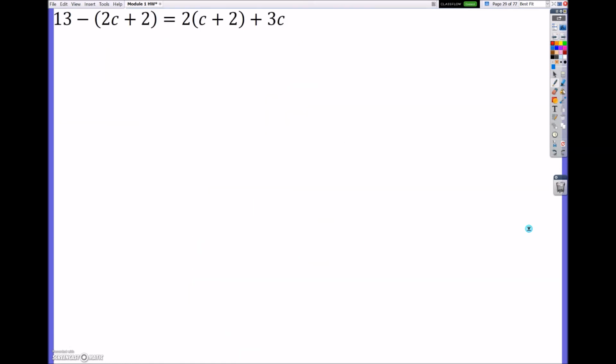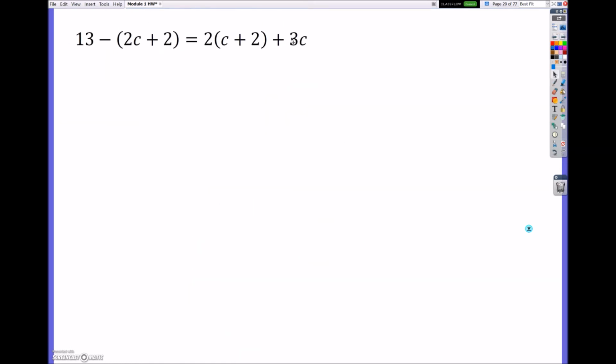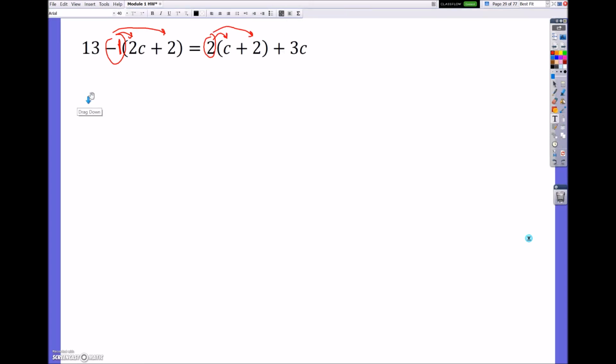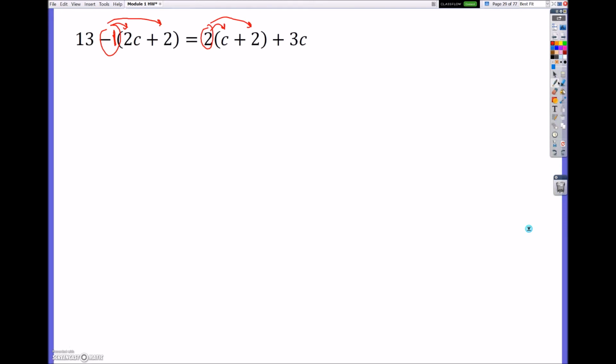All right, so let's go ahead and look at this next one. I always like choosing the one where we have to distribute a negative, because sometimes students get confused and they don't know what to do with that. This is essentially like having a negative 1 right there, and we're going to distribute that to everything inside the parentheses. We're also going to distribute this one here. So I'm going to have 13 minus negative 1 times 2c is negative 2c minus 2, because I distribute the negative, is equal to 2c plus 4